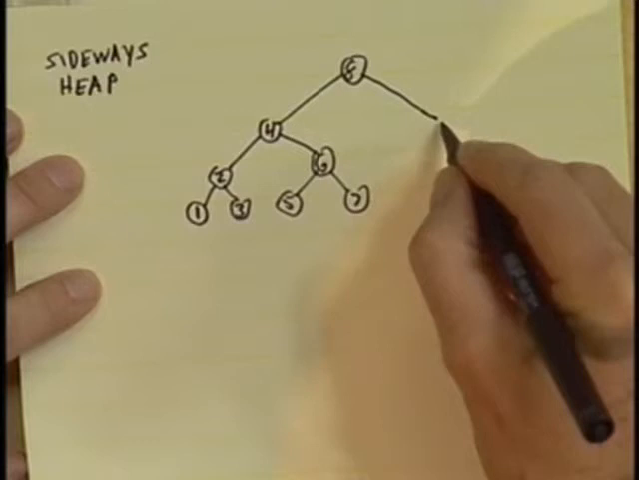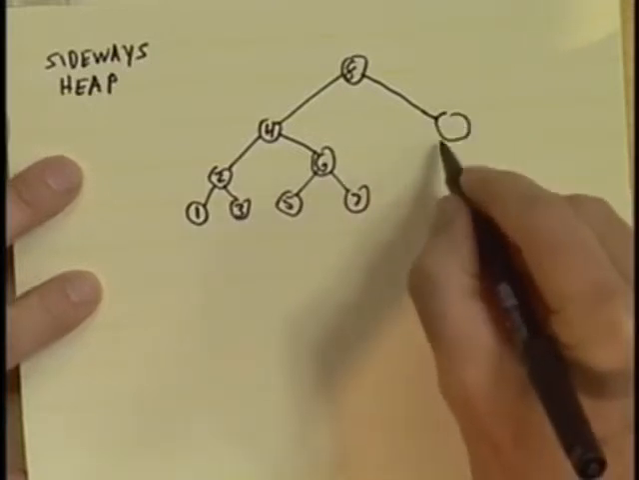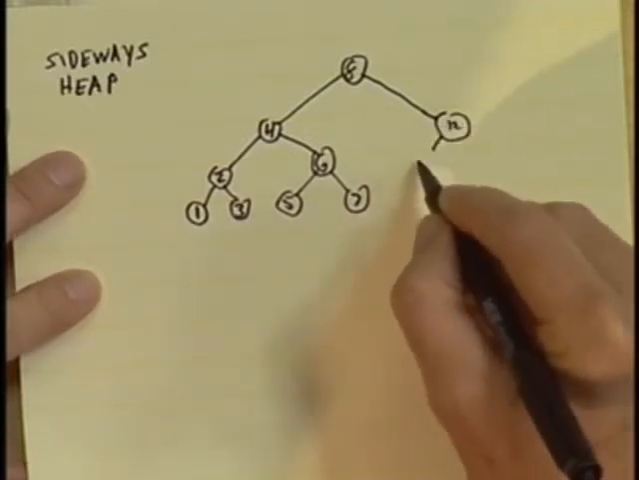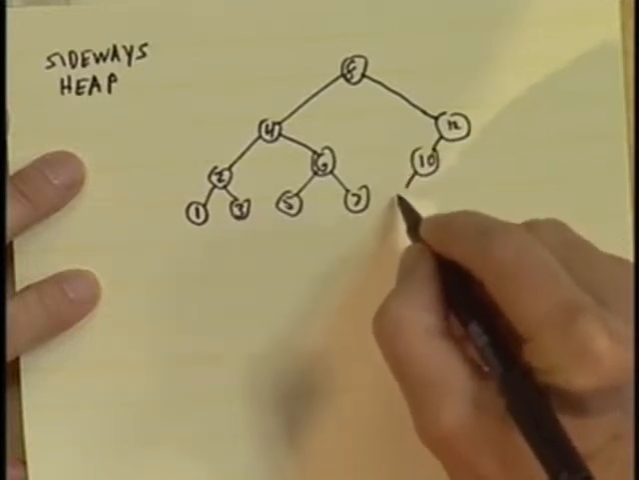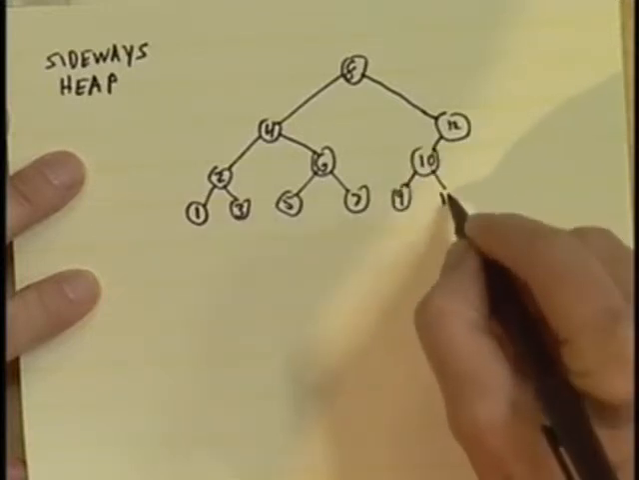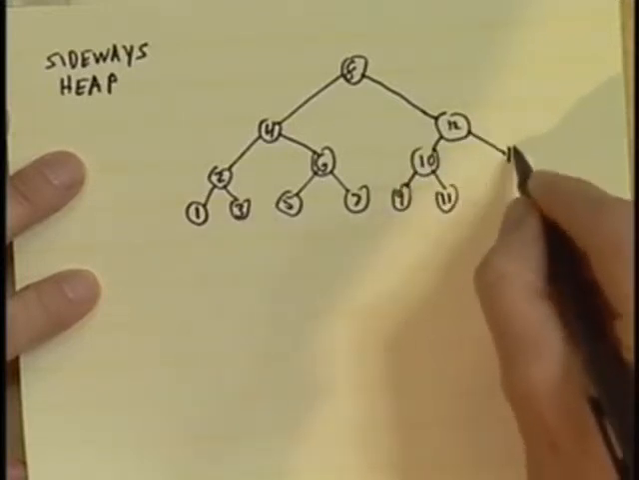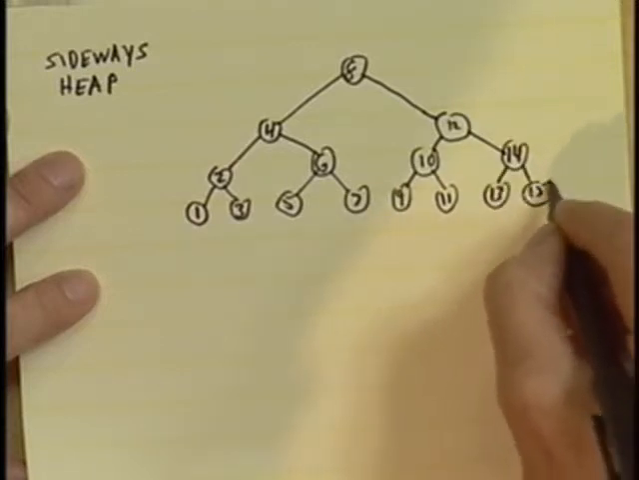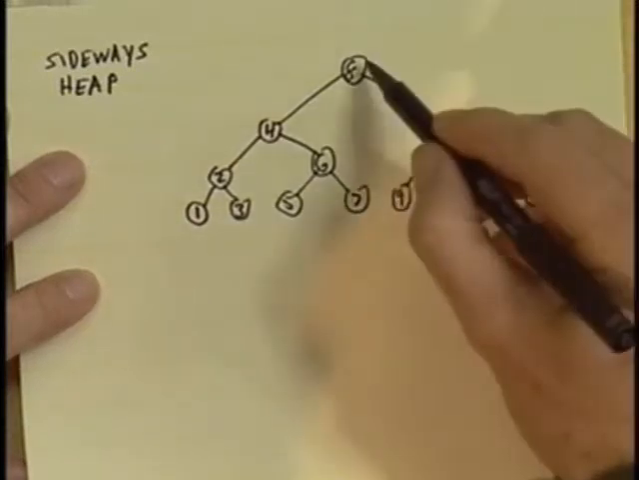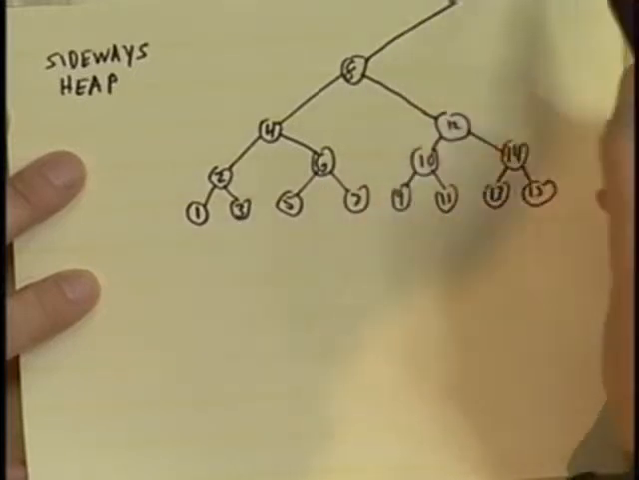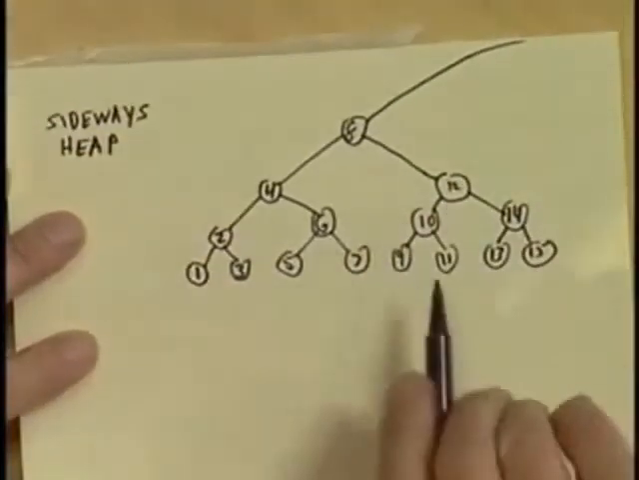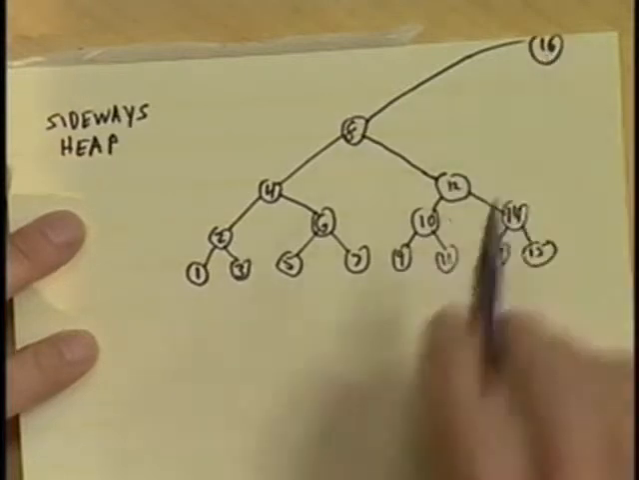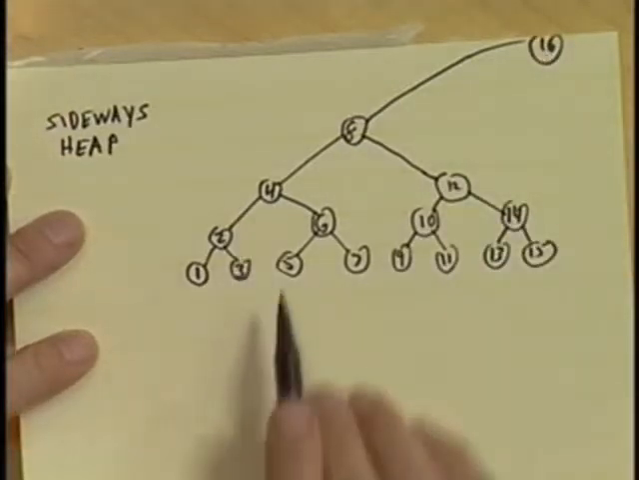Can anybody guess what this node is going to be over here? 12. Good. And this guy is going to be 10. Here's going to be 9, 11, 14, 13, 15, and up here 16. Okay. Now, I'm trying to draw this a little bit carefully so that if you project the numbers down,